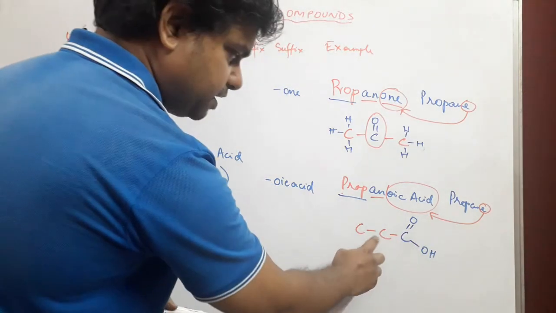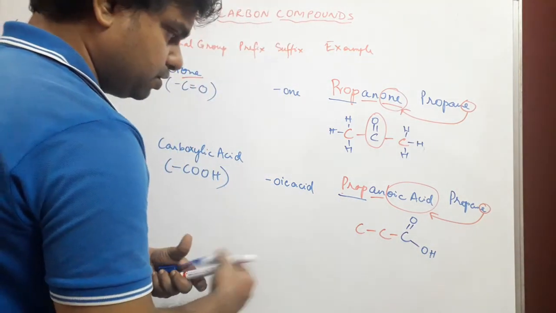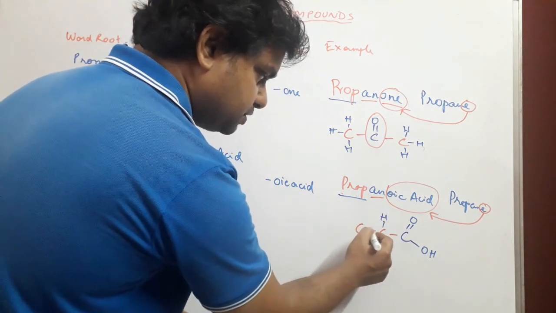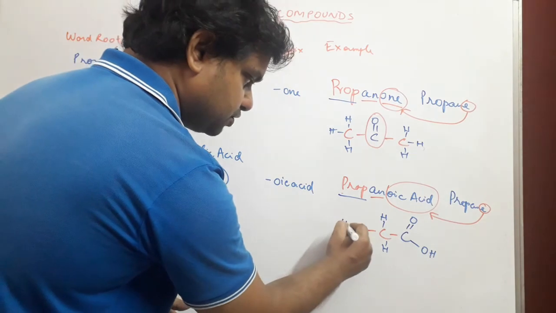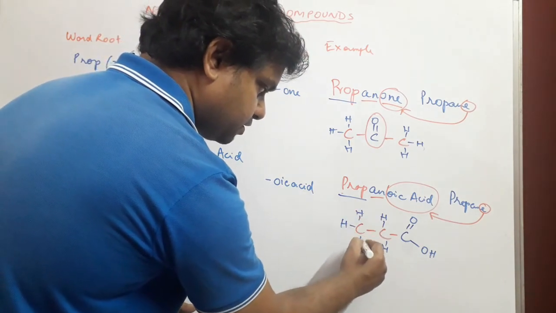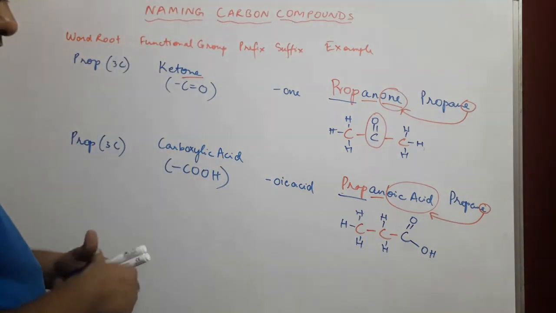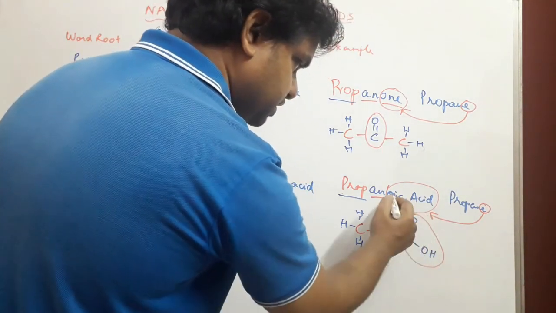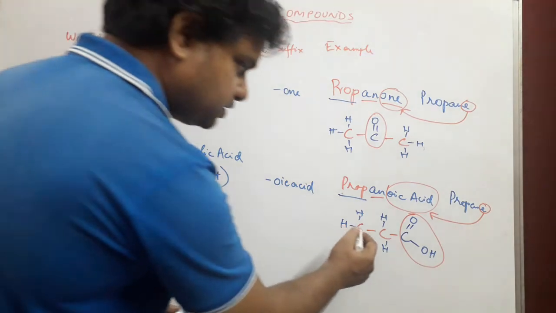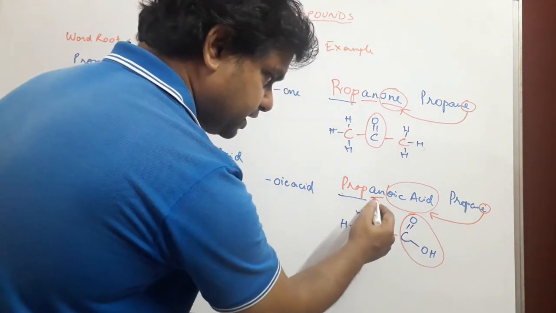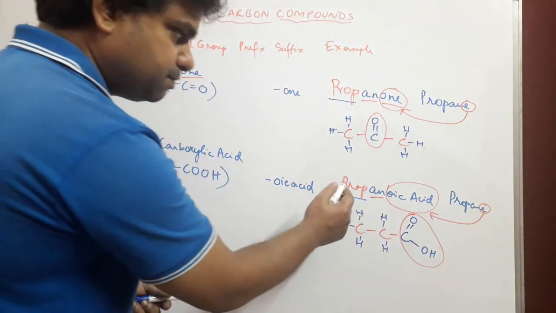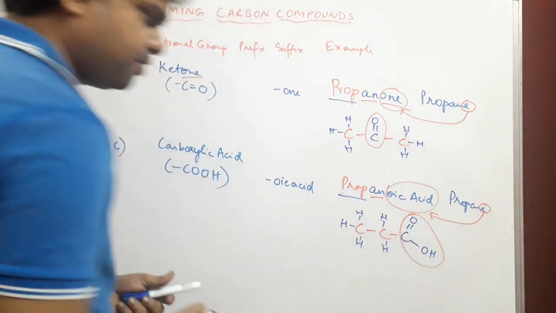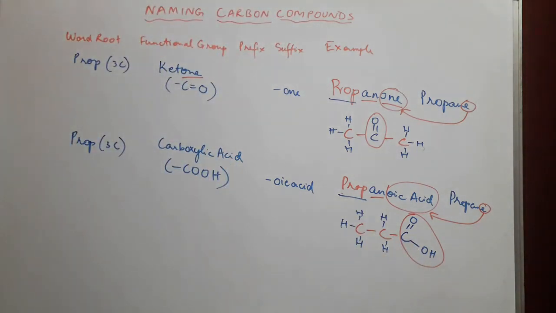This carbon atom has got 2, so we need just 2 more. So we'll put 1 over here and 1 over here. This carbon atom is only 1, so we need to put 3 more. Okay, and now if you notice, we have got our functional group in place. That's why oic acid, they are all single bonds with the carbon atoms, hence an, and it is prop because there are 3 carbon atoms. So we have propanoic acid.